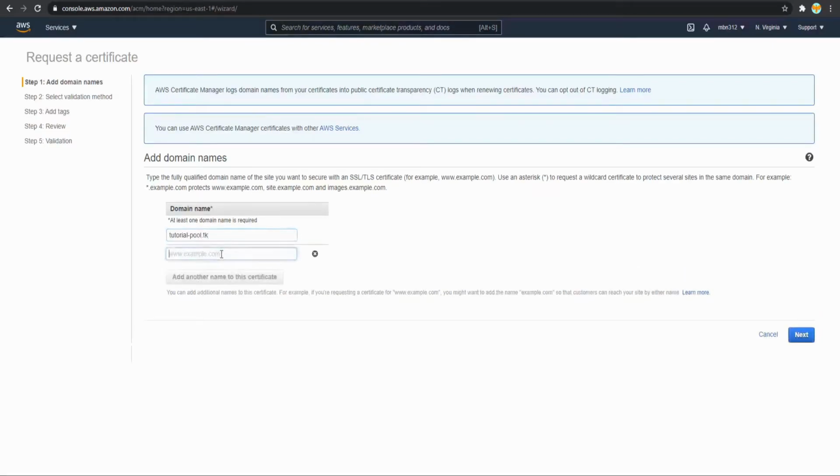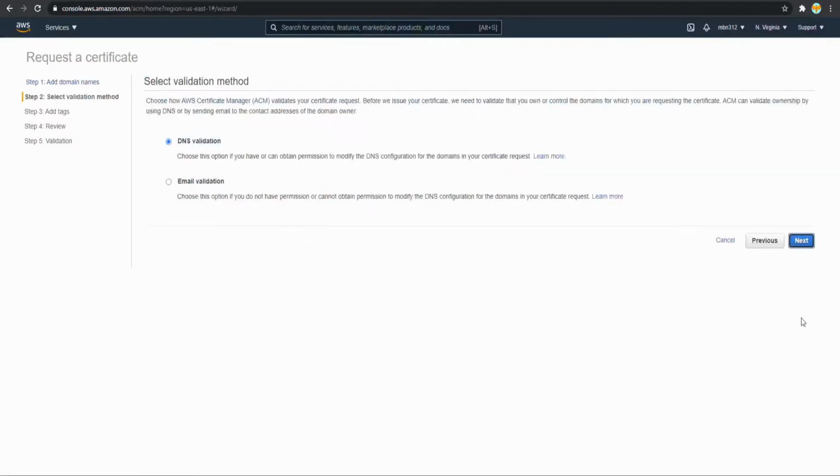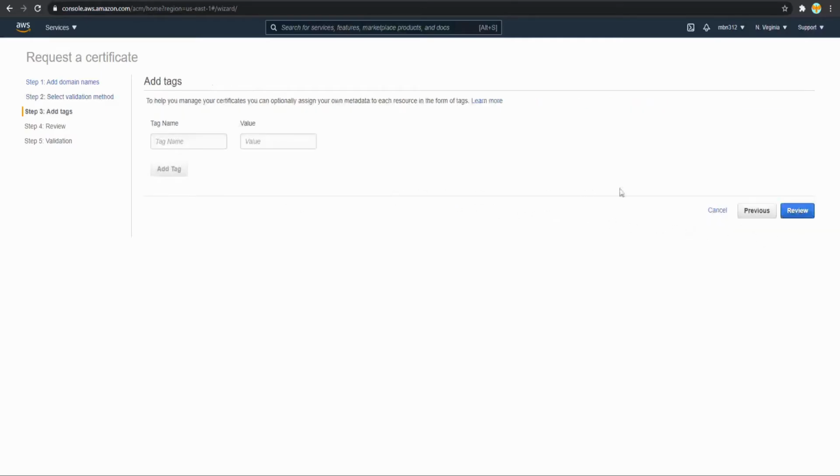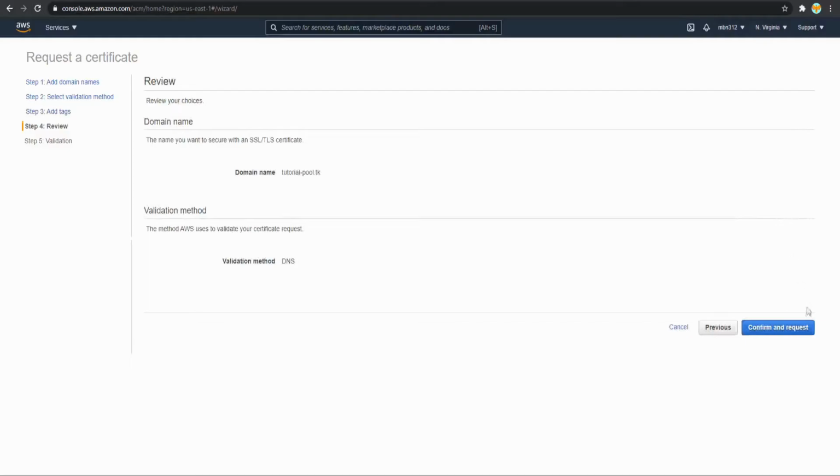and then you might want to add www dot if you set it up as a subdomain. I didn't, so I'm not going to, but just click next, and if you followed the previous step and you have access to the DNS, you choose DNS validation. If not, you could just do email validation. Click next, review, confirm,